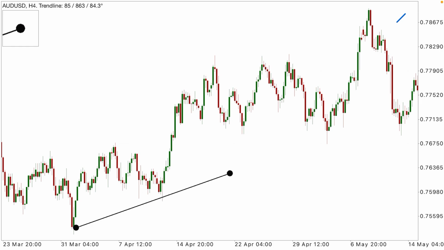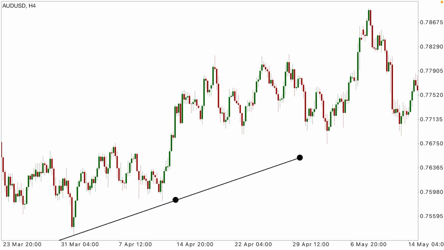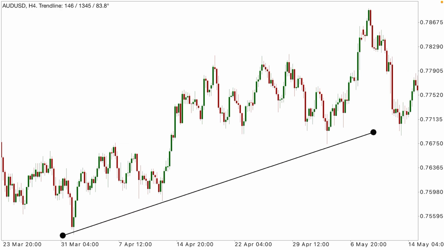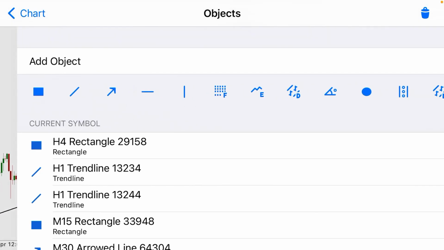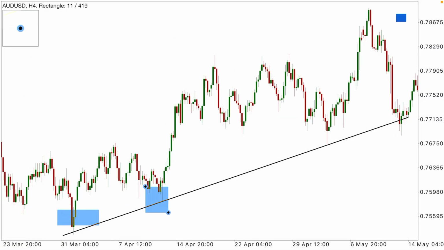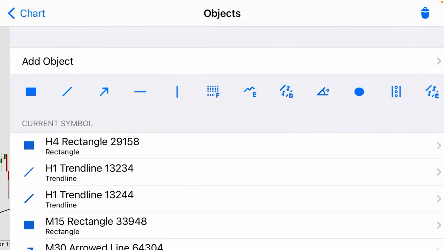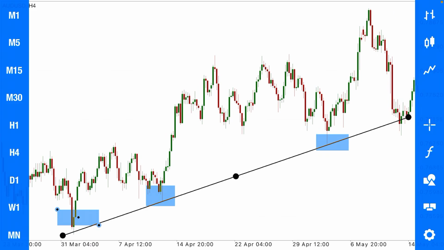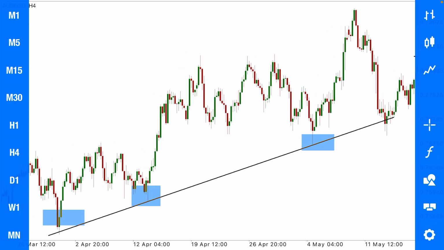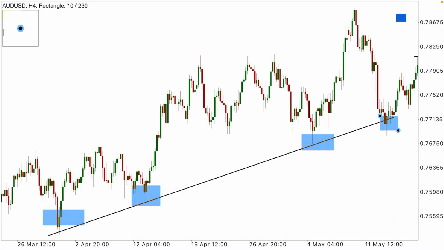I'm able to connect these two lows. There is a low here, a low here, a low here too, and another low here. So I have been able to draw